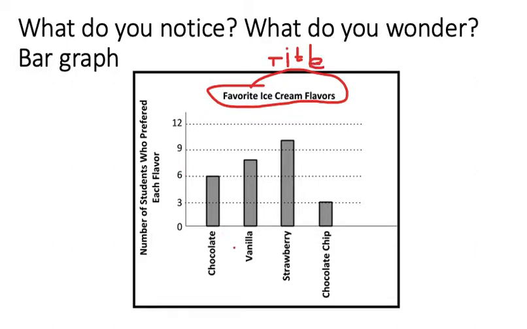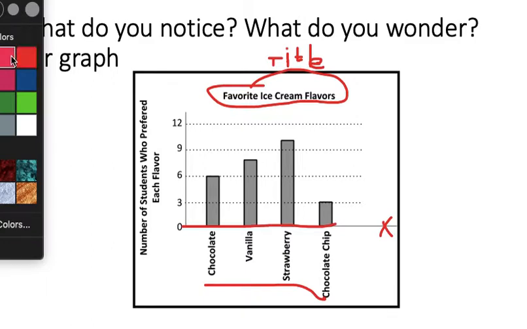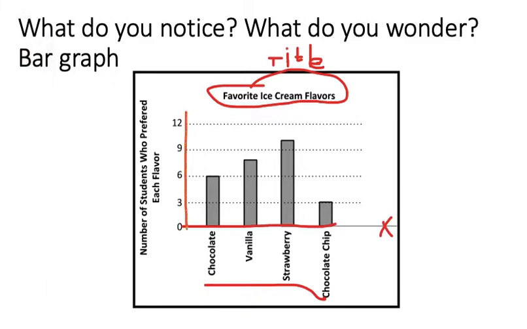Also, I see here on the bottom, this is what I noticed. I noticed on the x-axis, there are different flavors of ice cream. That's something else I noticed. And also, I see on the y-axis, which goes up and down,